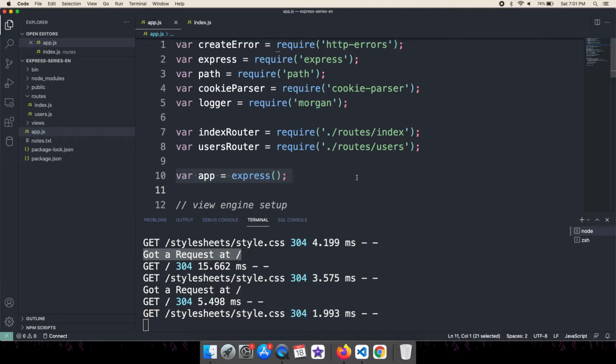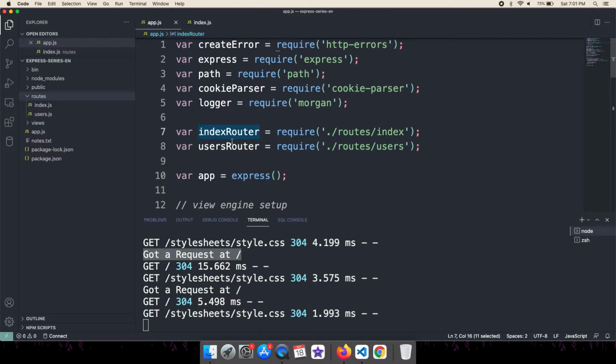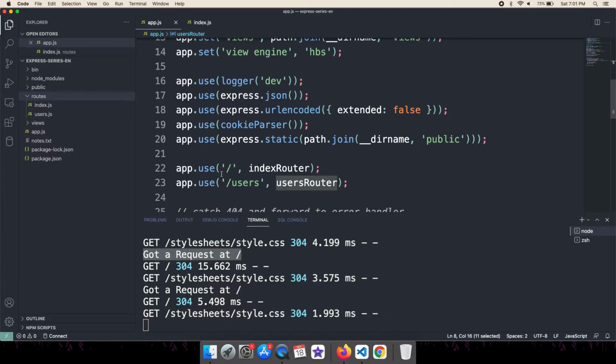Since we are using Express generator, it has a separate directory called routes for managing the URLs of the application. So we have imported the route files. Here you can see we have imported the index route and users route into our app.js, and at this line we have